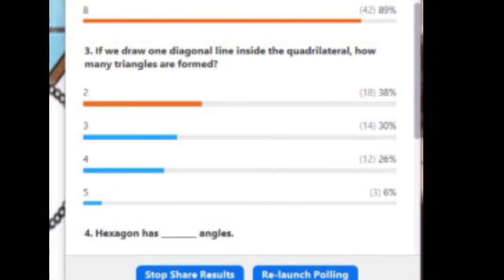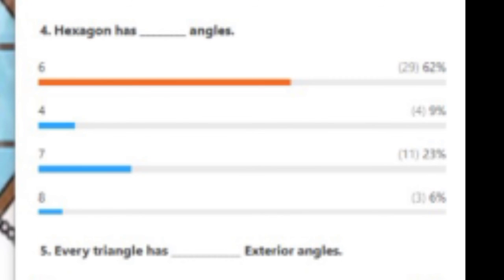If we draw one diagonal line inside a quadrilateral, how many triangles are formed? In a quadrilateral, if we draw one diagonal, how many triangles will be formed? 2 triangles. Yes, 38% of students have given the correct answer. Good. The fourth question was